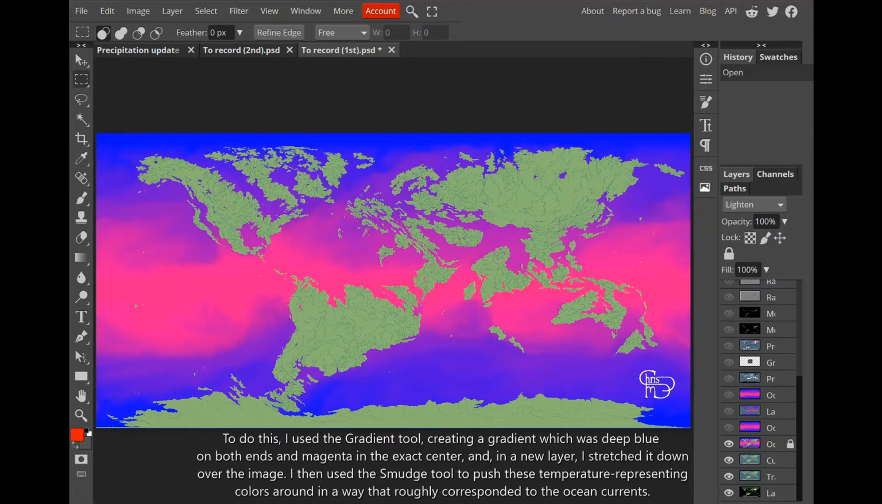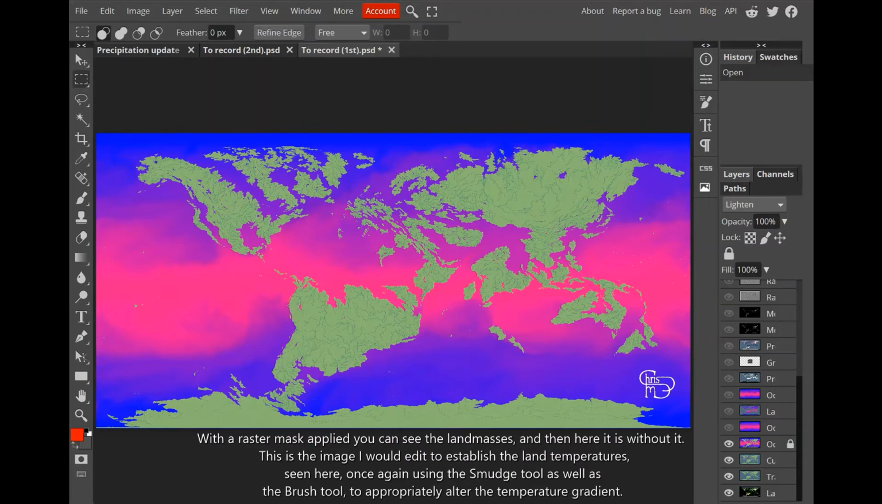To do this, I used the gradient tool, creating a gradient which was deep blue on both ends and magenta in the exact center, and in a new layer, I stretched it down over the image. I then used the smudge tool to push these temperature representing colors around in a way that roughly corresponded to the ocean currents. With the raster mask applied, you can see the land masses, and then here it is without